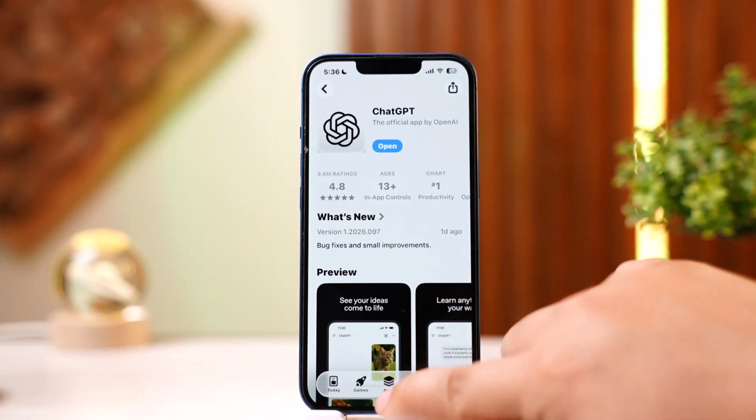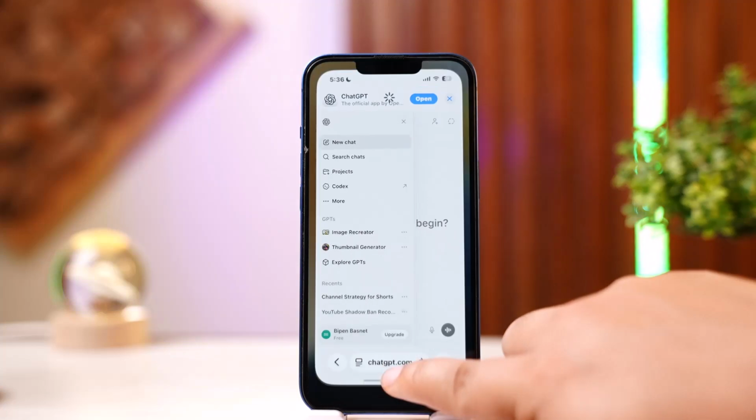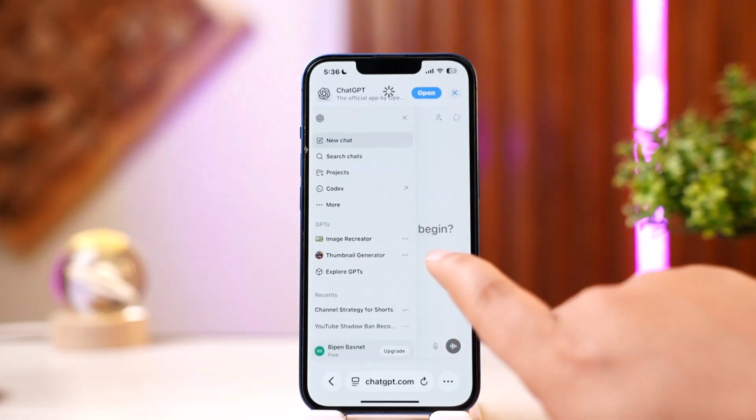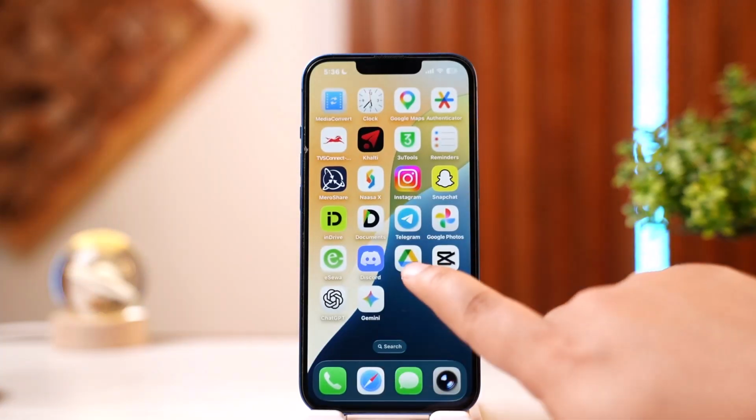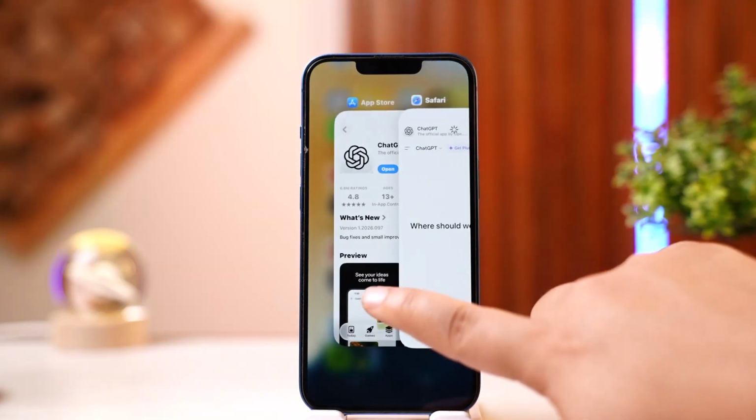In that case, if you are using the app, you can simply use the browser. Switch to a browser for a while and check back in on the application. On the browser, you can head into chatgpt.com, or if you do not want to do so, you want to fix the issue, then what you can do is head into your Play Store or App Store, look for the